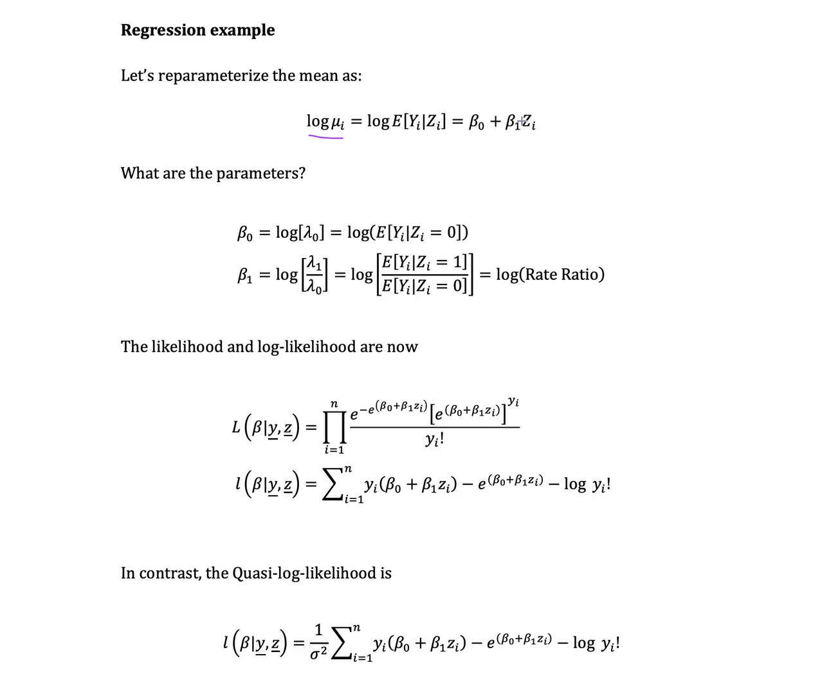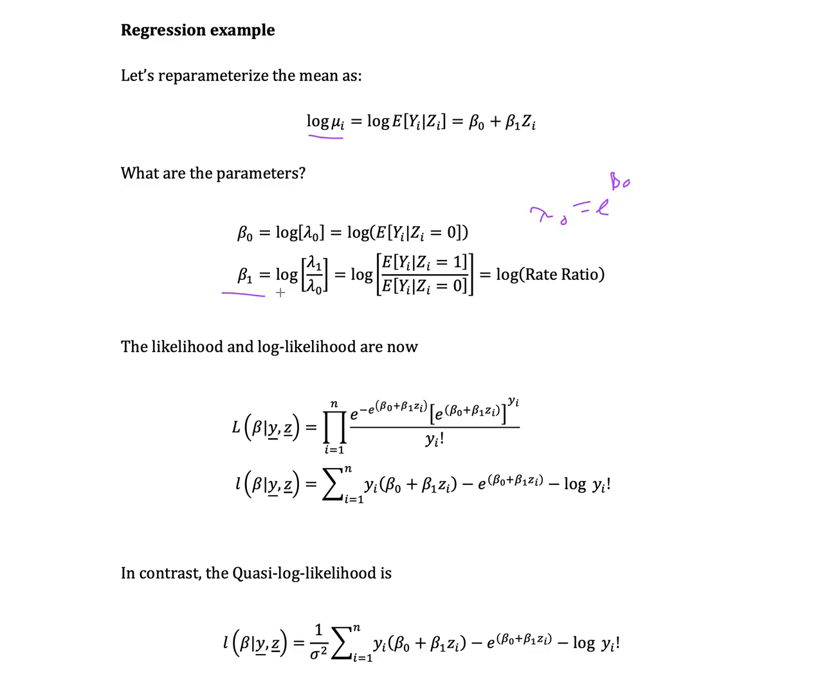And so when z is 0 and you're in group 0, I'm going to get beta 0 is equal to log of lambda 0. So lambda 0 is going to be e to the beta 0. Okay? Now, it turns out beta 1 is important because when z is 1, beta 1 then changes the mean. The mean becomes beta 0 plus beta 1 on the log scale. And so the log of the difference is the difference of the logs, and you can show that beta 1 is